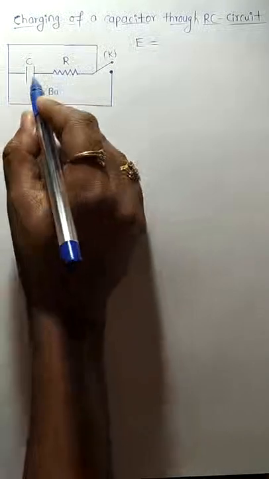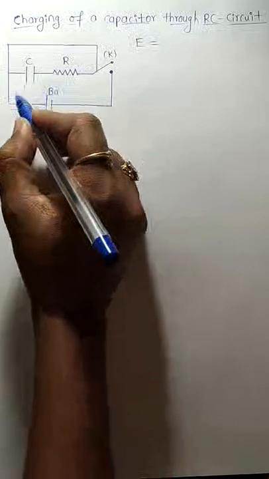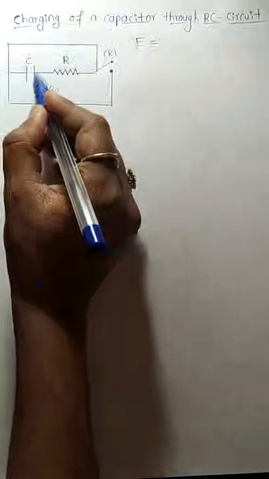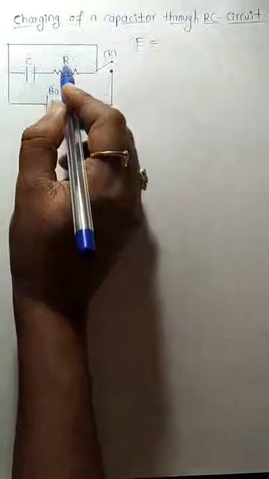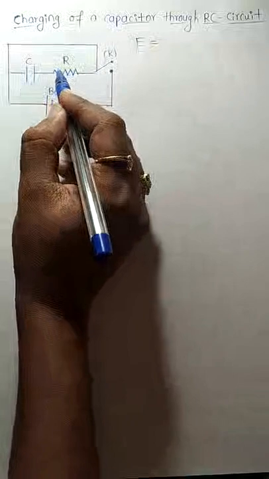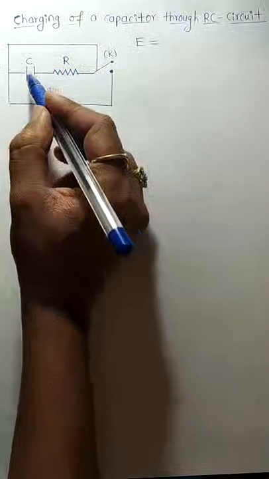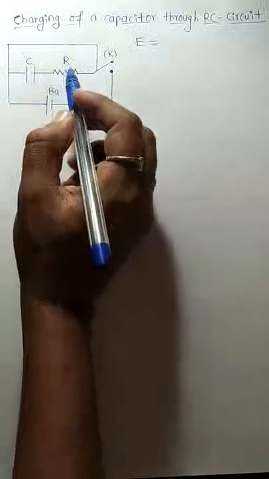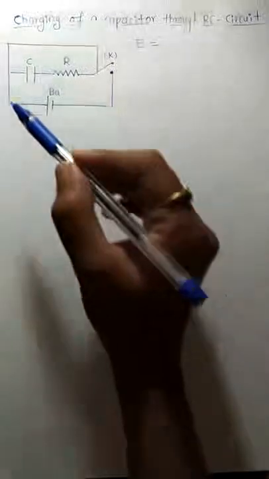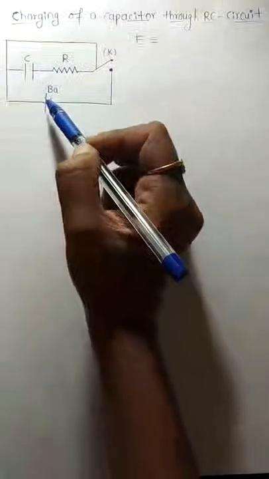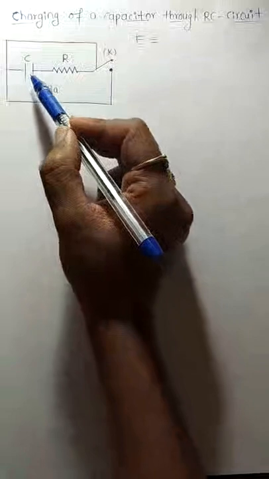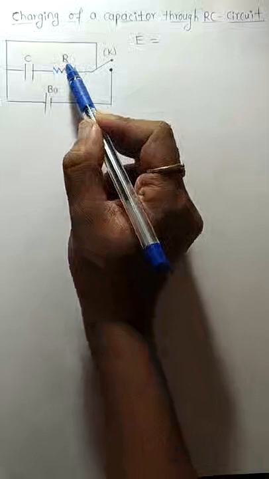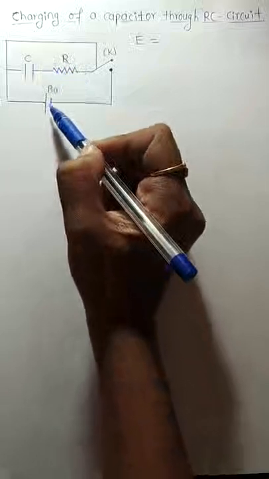But the thing is, when both are connected in series, then out of how much voltage the battery is supplying, some voltage will be going to the capacitor and some voltage will be going to the resistor. So the voltage will be distributed between these two components, that is capacitor and resistor. See, suppose 6 volts is coming from the battery, then out of that 4 volts may go to the capacitor and 2 volts may go to the resistor. So 4 plus 2, again how much are you getting? 6 volts.